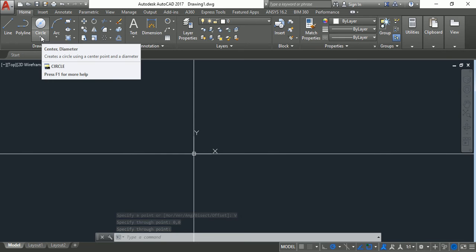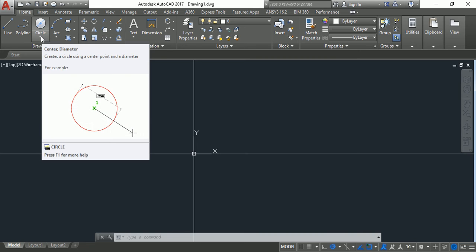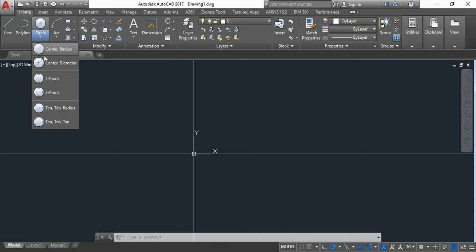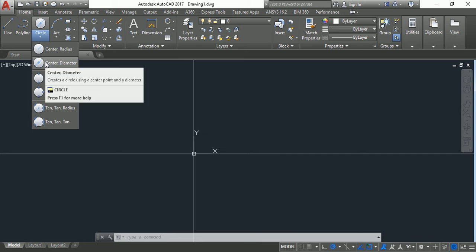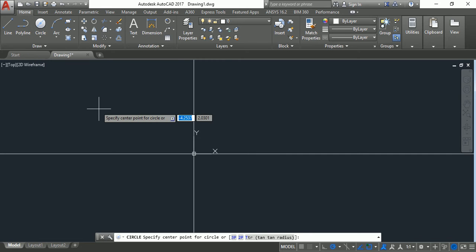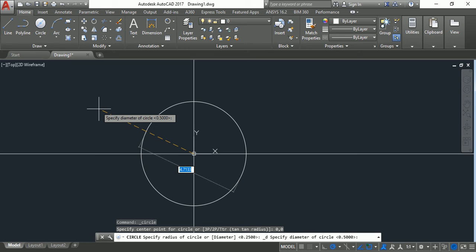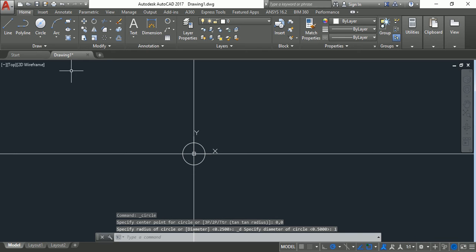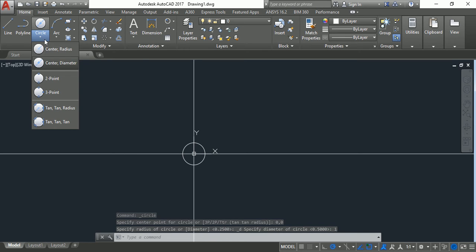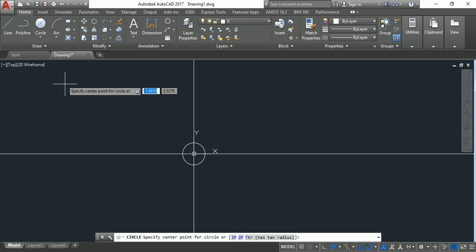Next we will create the base circles mentioned in the drawing. So here we will take the option of center diameter. I will take the center as 0, 0 and take the diameter as 1. Next we have to create again a circle of diameter 1.50.